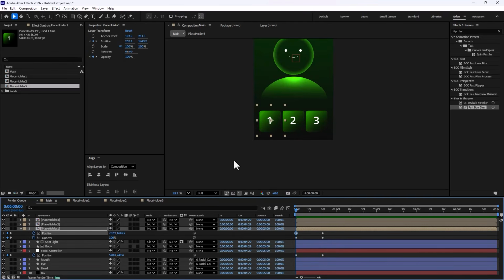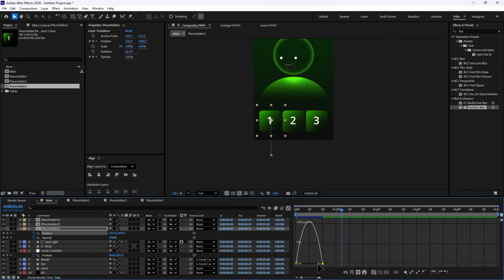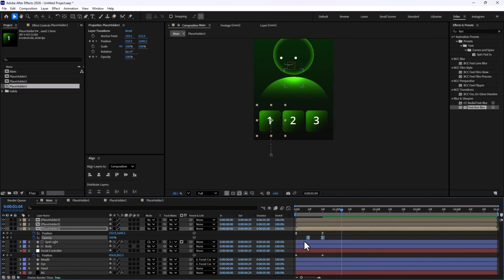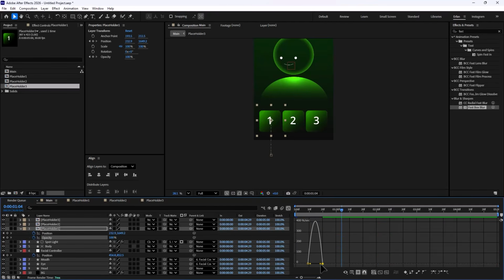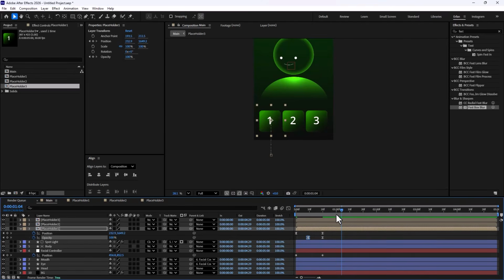Getting back to the first one, I'm just gonna push it down like so. And then I'm gonna just push this one a bit on the middle, and I'm gonna set the opacity on 0. So we will have something like this. Now the movement is linear. So what I'm going to do is that I'm just gonna select the first set of keyframes. I'm gonna apply the standard easings by pressing F9, and then by going into graph editor in here, I'm just gonna select these, and I'm gonna give it an influence like so. The same step I'm gonna just repeat for these opacity keyframes as well. All right, now it looks super clean.